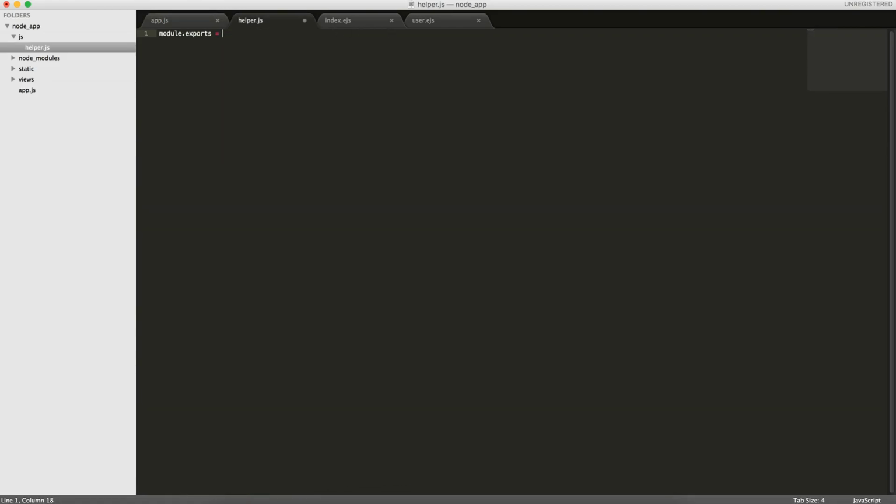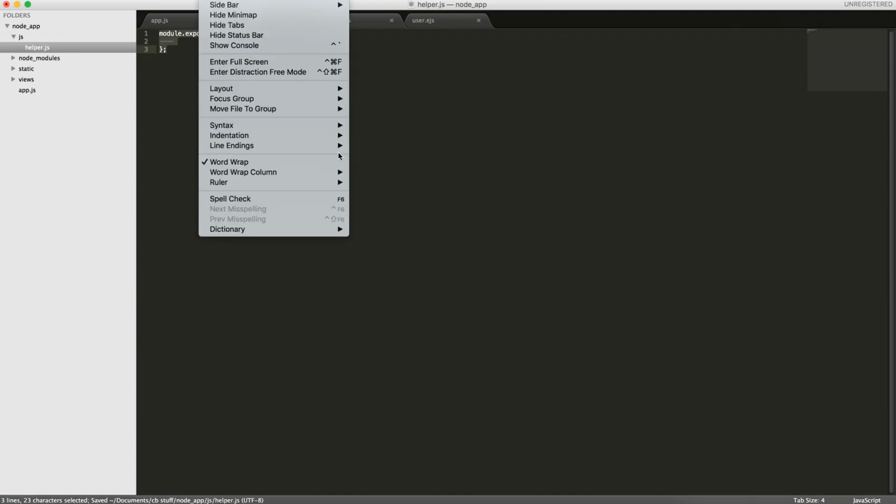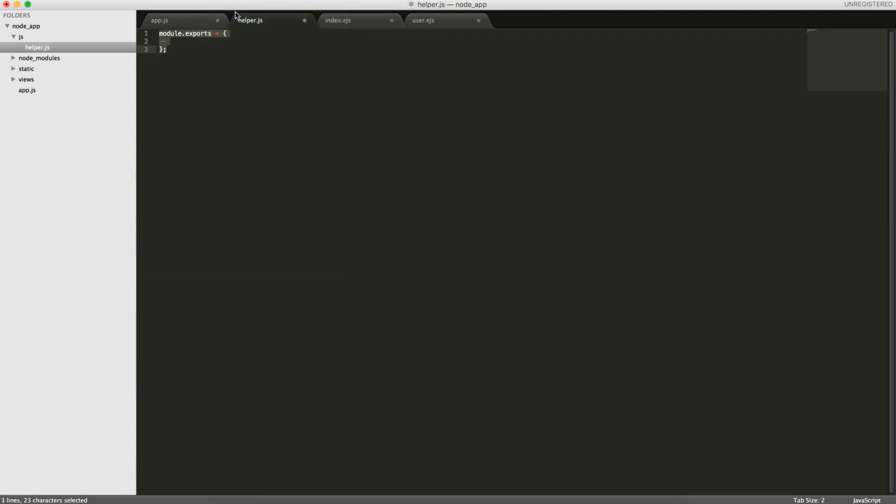Let's use a more complicated example where we're going to export an object with functions. One function, for example, can take a bunch of variables and combine them into a string. We can call it sentence. So sentence is a function. Here we're exporting an object, as you can see by the curly brackets, and one of the functions within this helper file will be sentence, and it'll take name, age, and occupation. And it'll return,